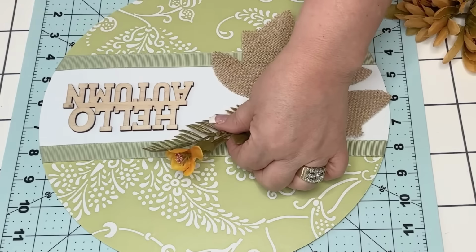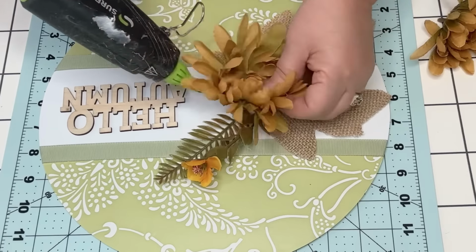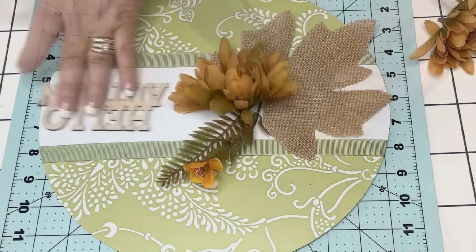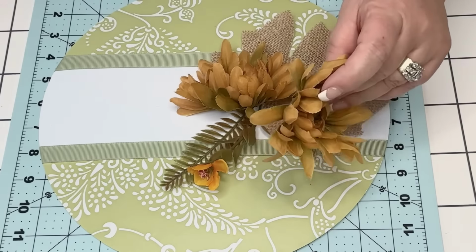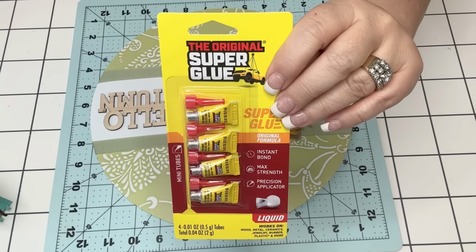When you're working with burlap, it kind of poofs up in between the holes, so you end up getting burnt. So this way it doesn't hurt your fingers. And then I'm going to place my mums and then my little piece of greenery. And because I don't want a whole bunch of hot glue strings in between my